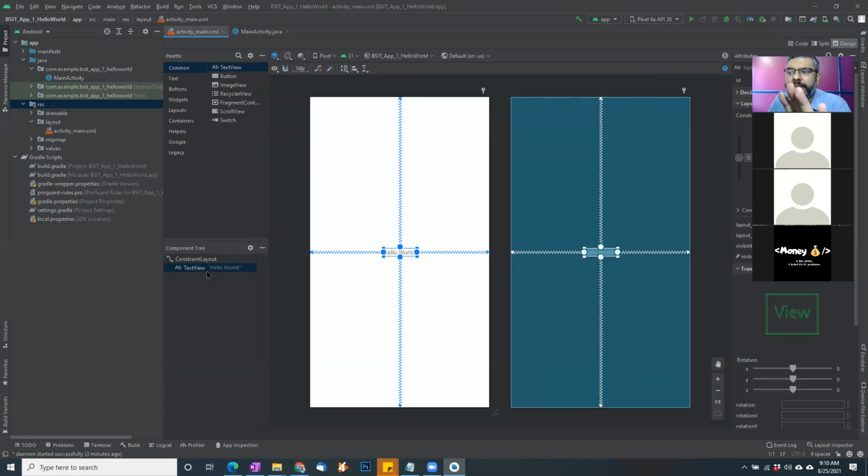So we will be using these containers. We will be using this layout. We will be using this to create the buttons. We will be using this project window to navigate between multiple files, multiple windows that we will be creating. So do ensure that you make yourself familiar with it.